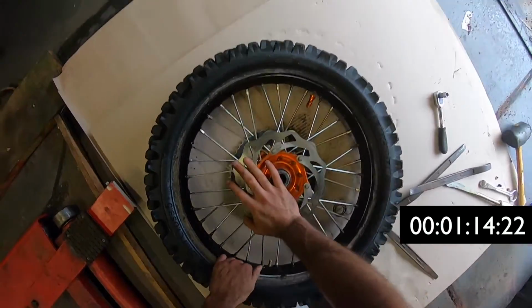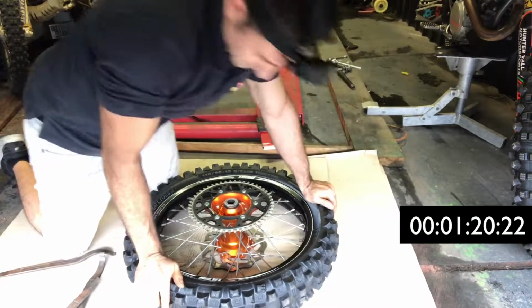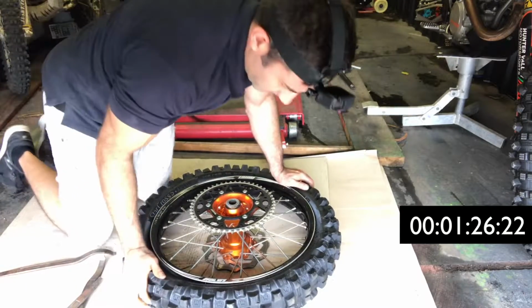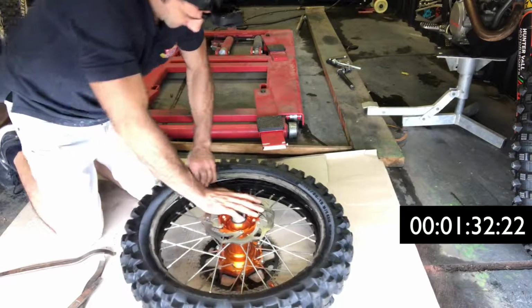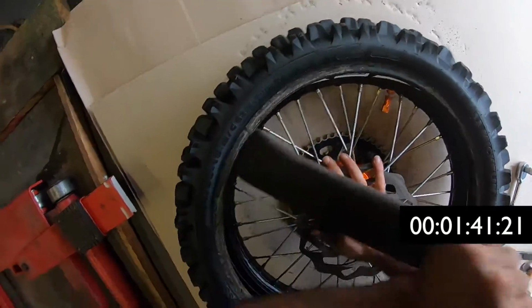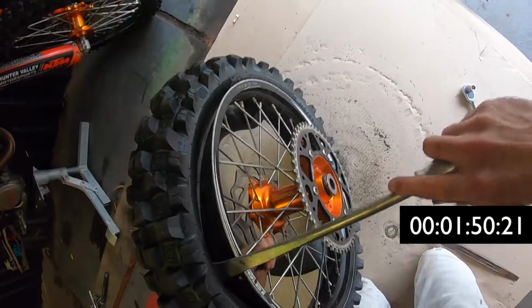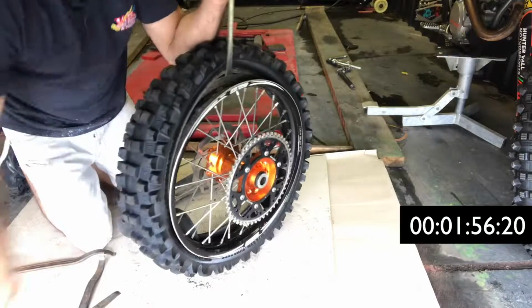Now I'm going to flip the tyre over and break the bead on the other side of the rim. Now I'm going to take the tube out and basically just take it out halfway. Once I've done that, I'm going to get my large lever, put it through the tyre so it sticks out a little bit on the other side of the rim, lever it completely over,